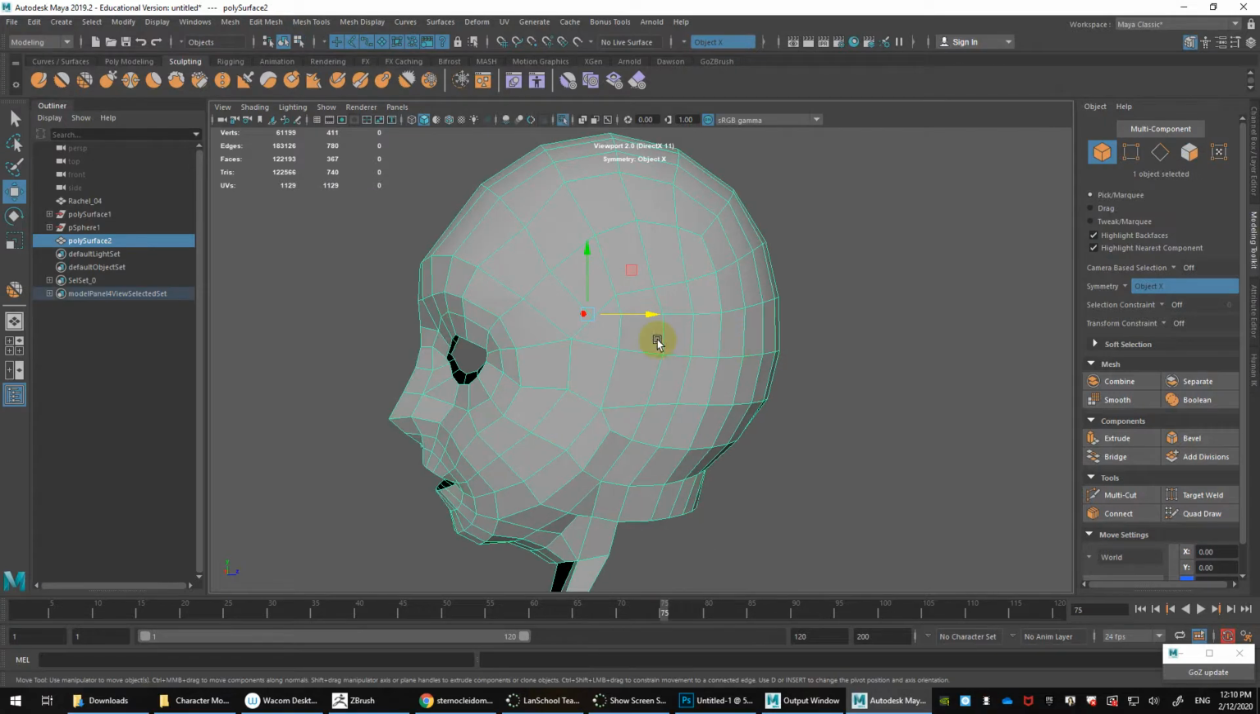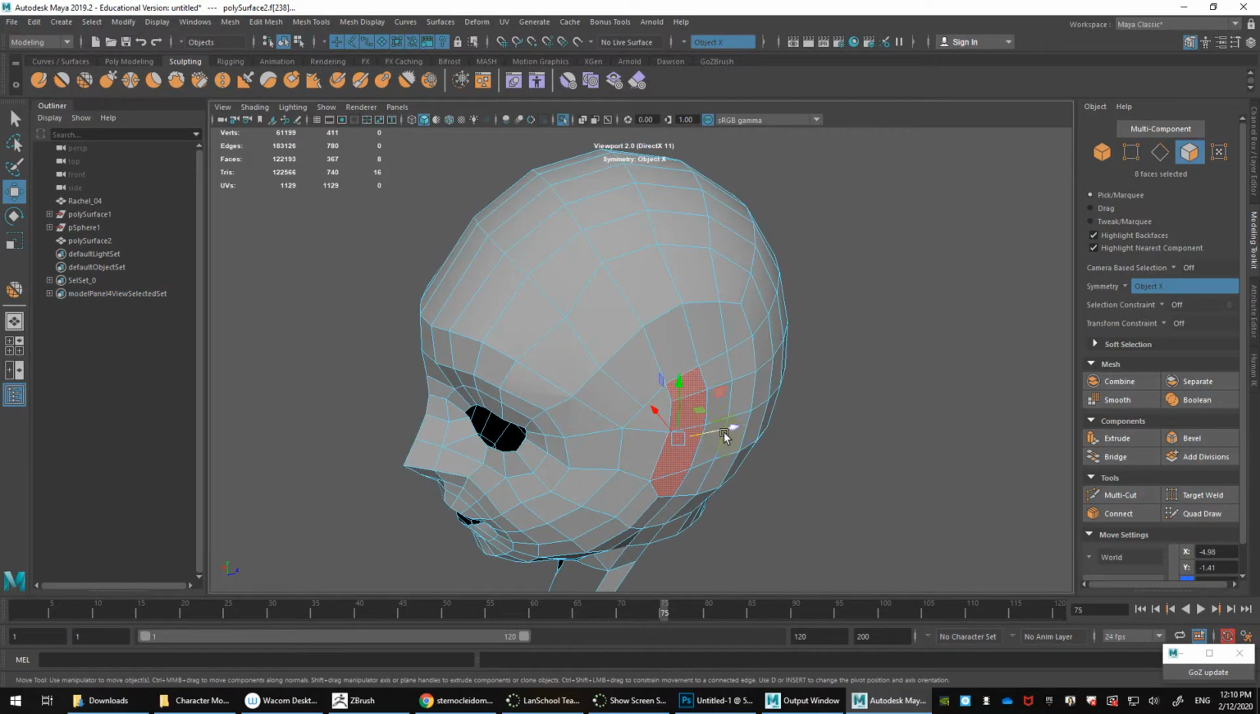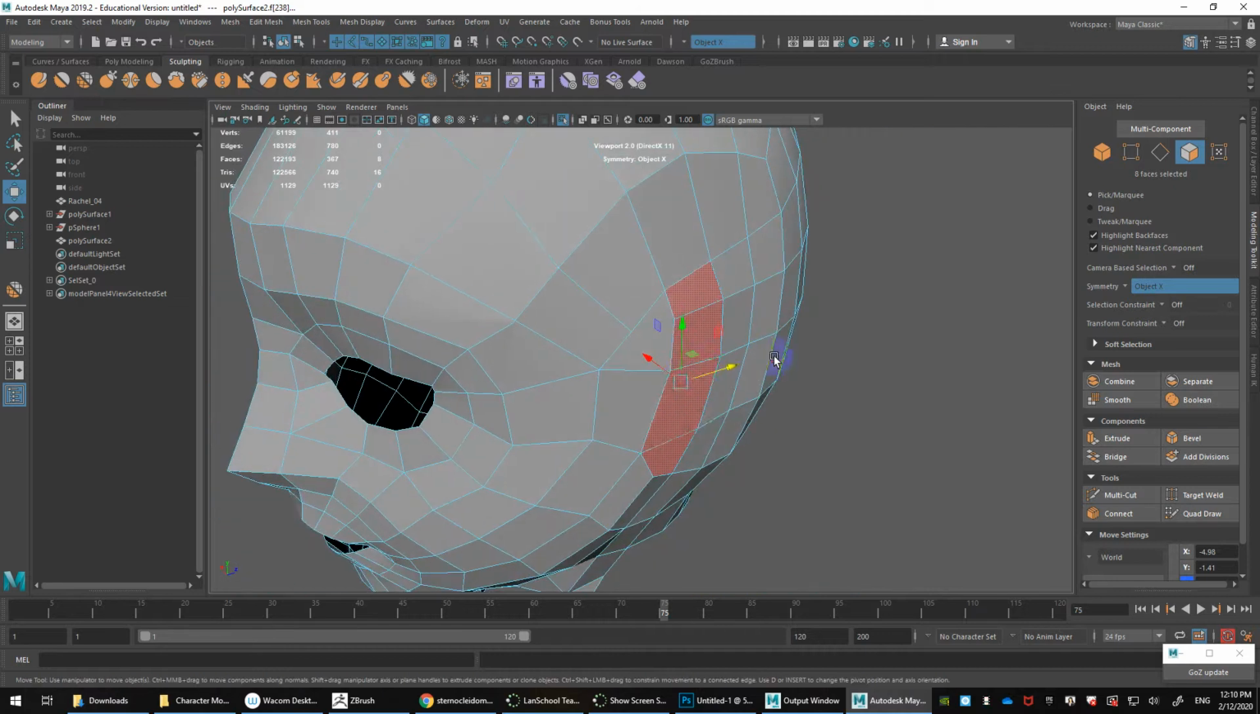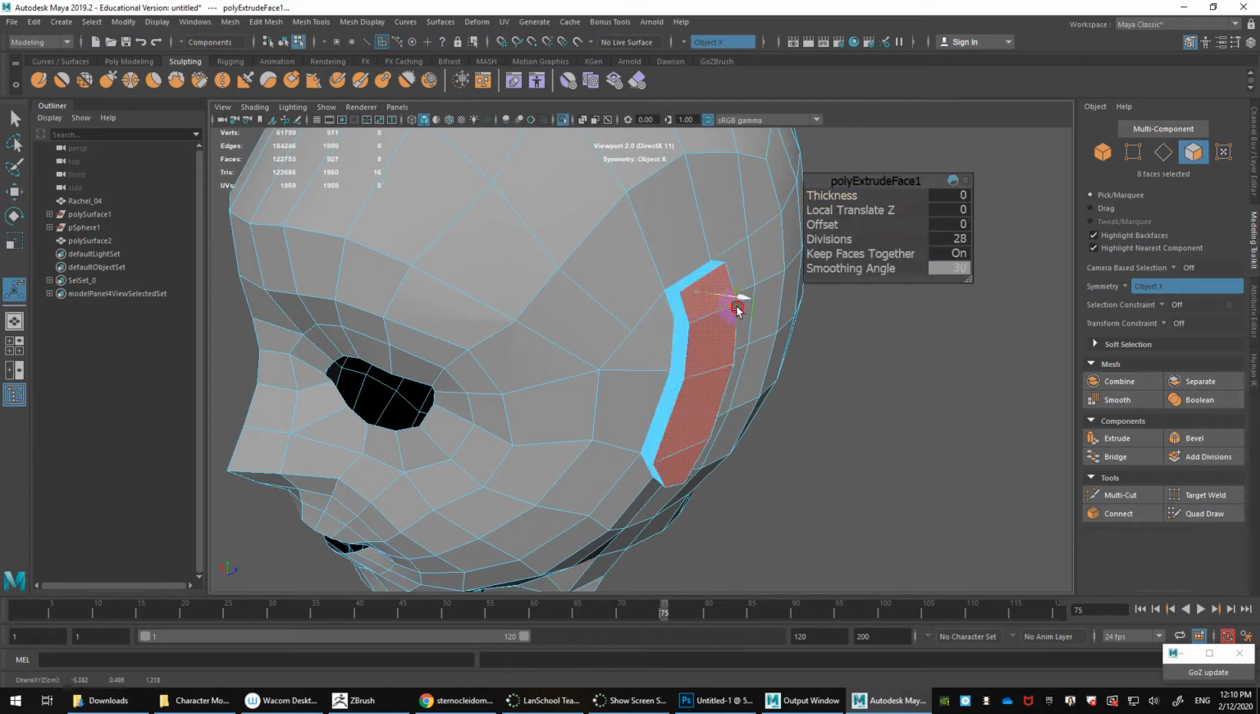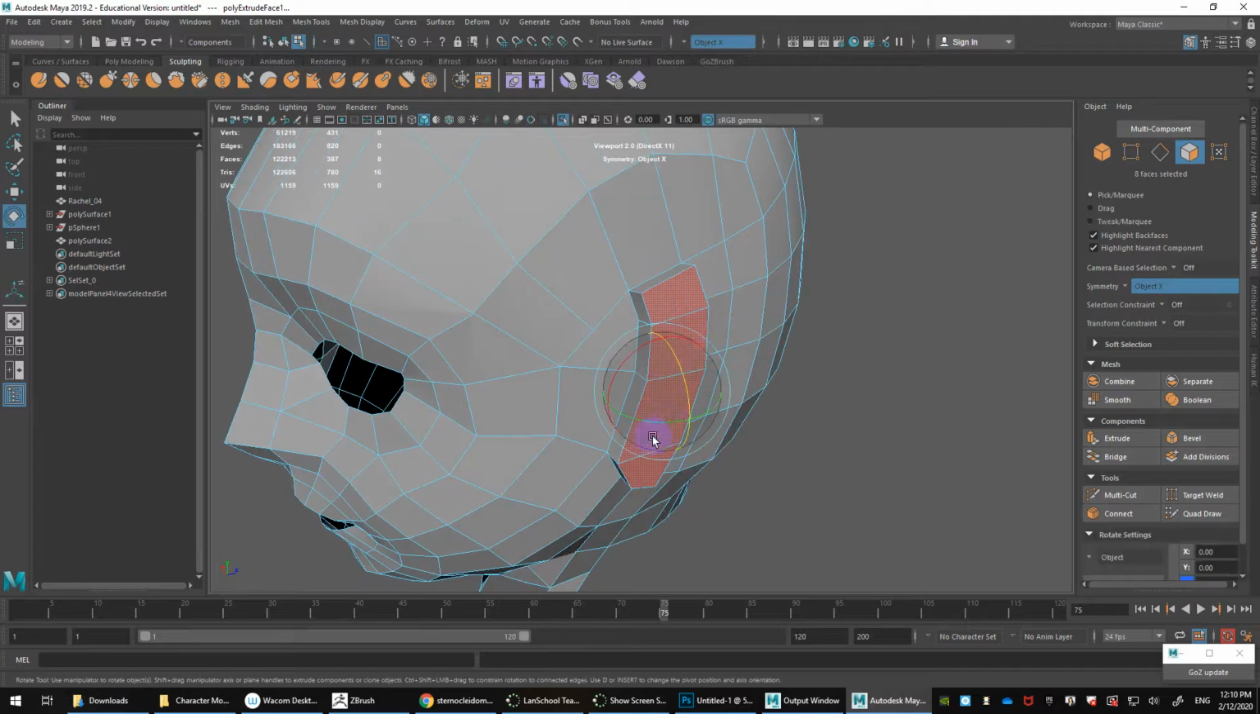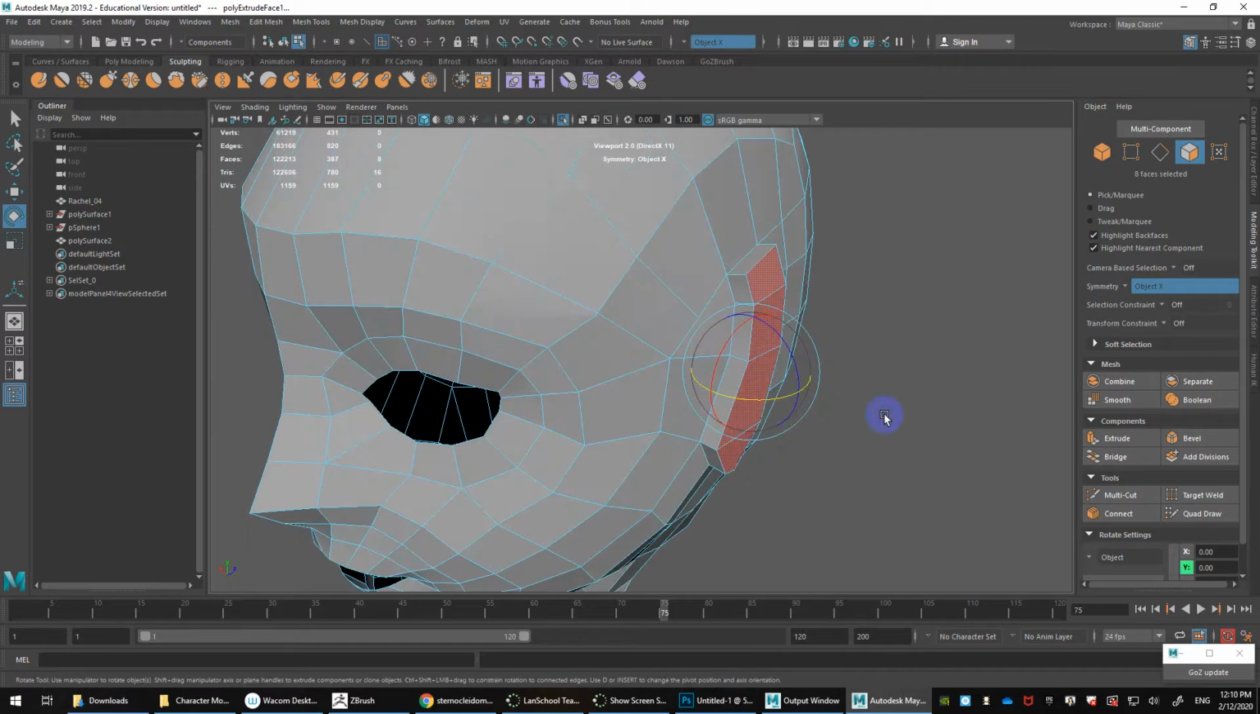Okay, so I'm going to isolate this again, go back to my face mode. So I'll show you a little trick you can do for human ears. It can start this way where you basically just extrude this out, again with no divisions. Then I'll have a tendency to kind of